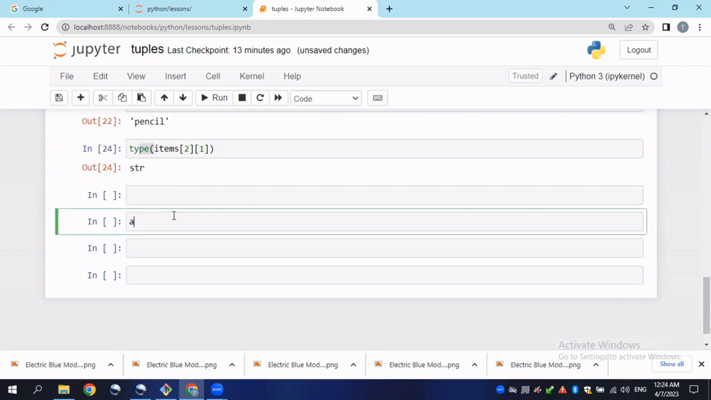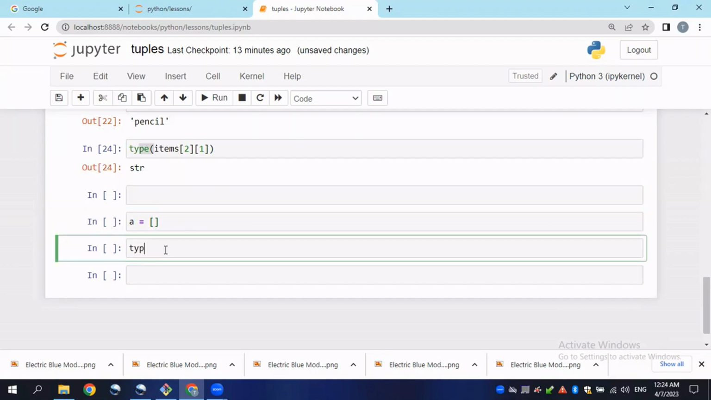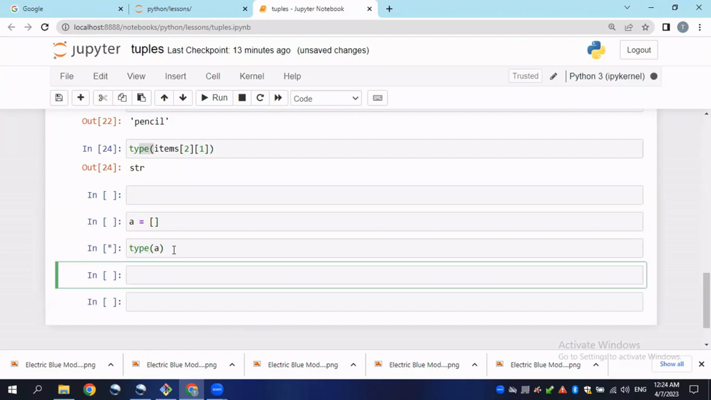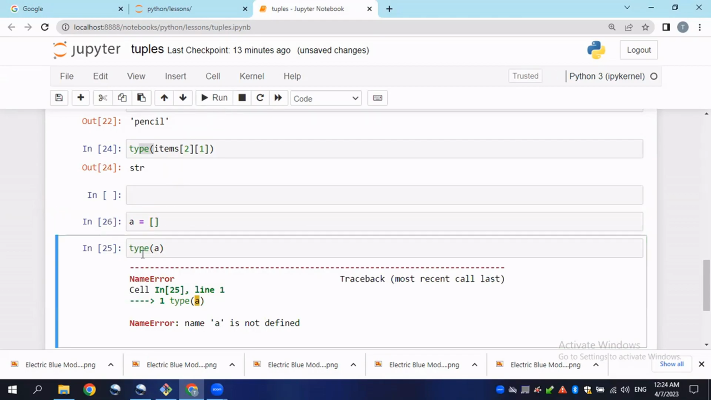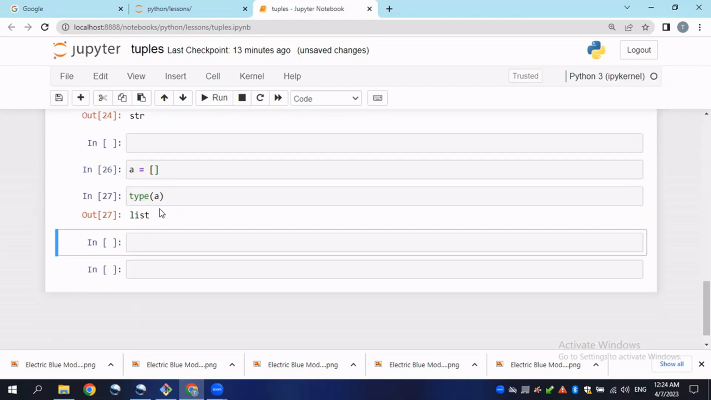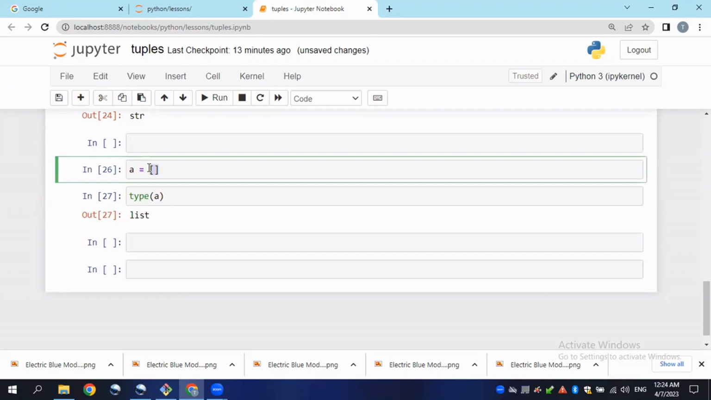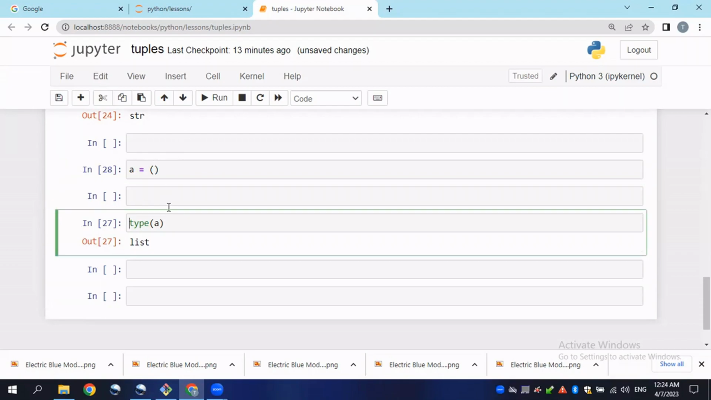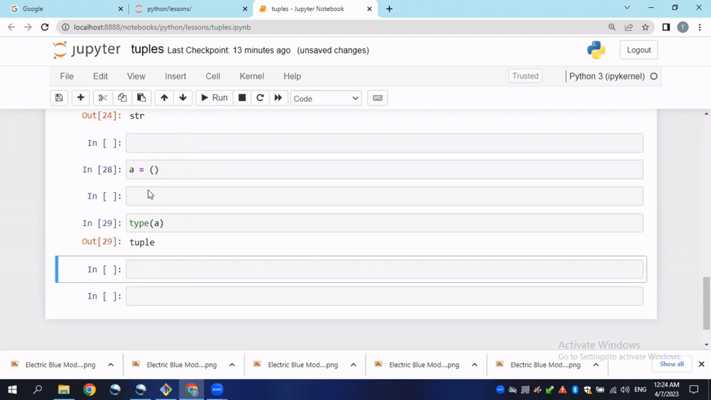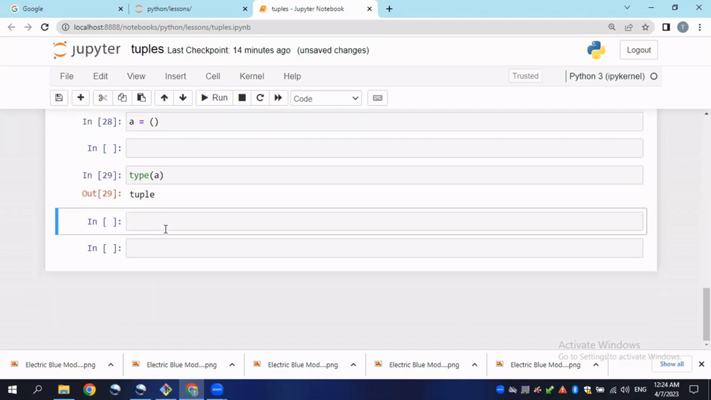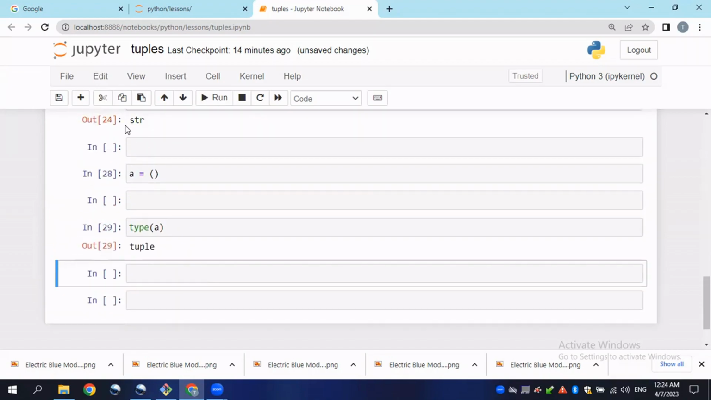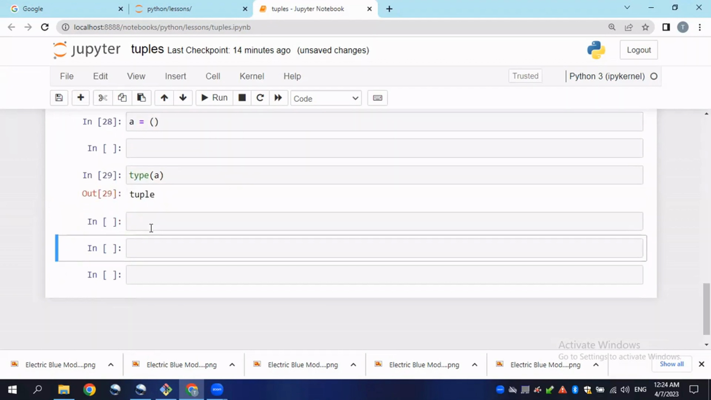It's also true for the list. If I type the square brackets here and want to print out the type of this a here, you will see that it will print out list. But if I have the curly brackets here and click enter, it will be a tuple here. This is just a quick overview of how you could get to know the type of your